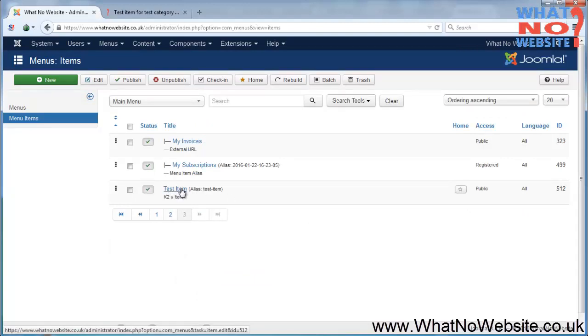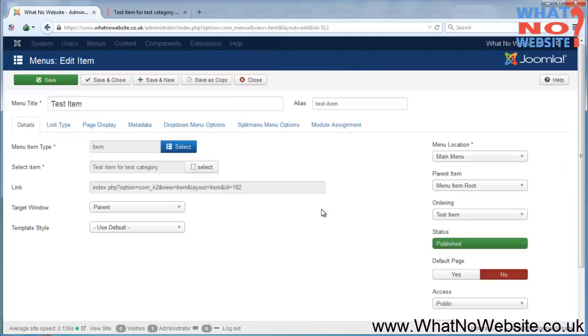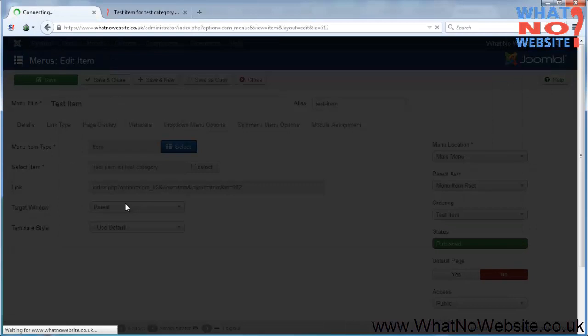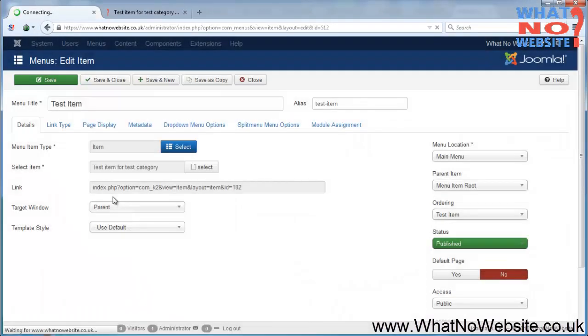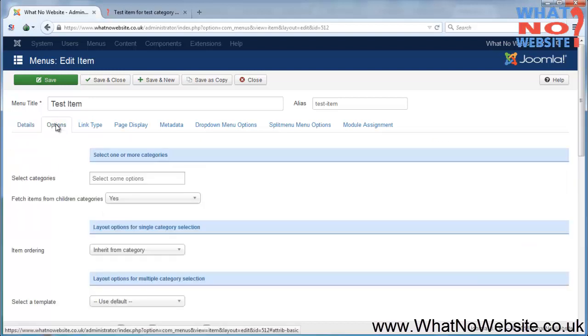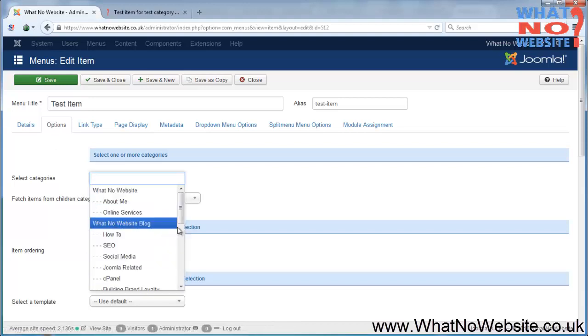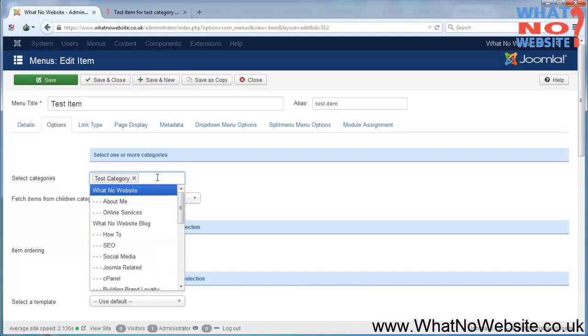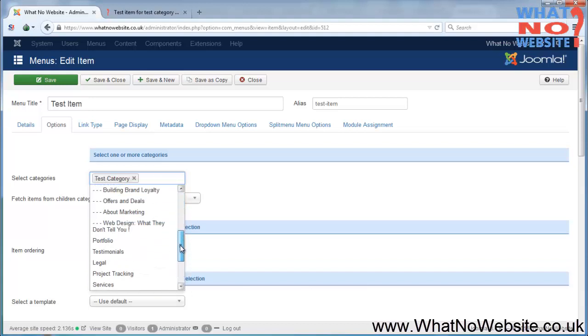We'll see there it says test item, links to a K2 item. So I'm going to open it up and change it now. I'm going to change it from linking to a K2 item to a K2 category. And you'll notice there's no option here to select the item, it's actually up here in options. So if I click options, click that drop down menu, test category, I can actually link to a number of categories if I want to,